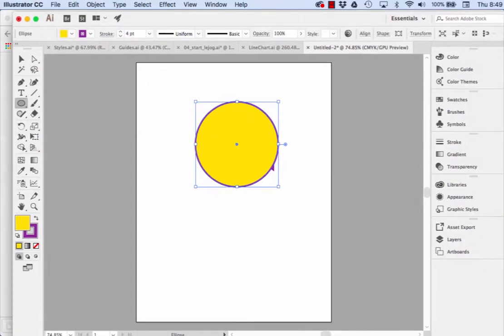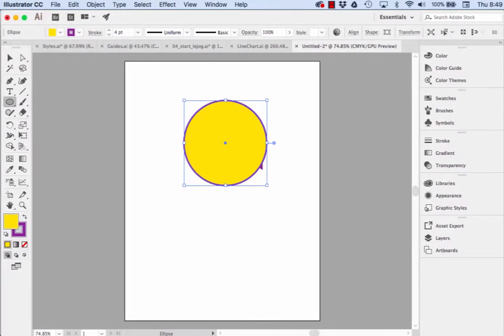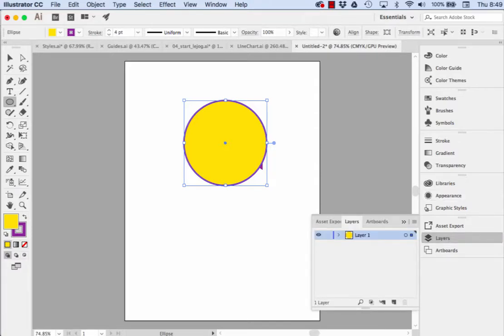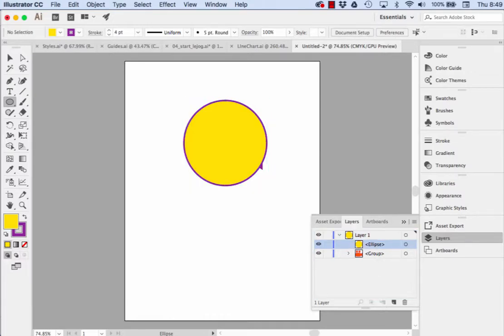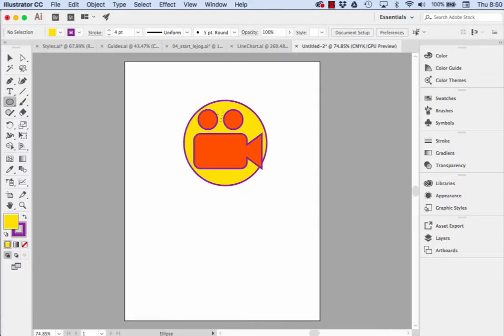Now we can move our window back over. I don't want this on top of my camera, so I'm just going to open up my layers here, and I can see that it is over top in this stack. So I just want to switch the order here. Now that I've done that, I can see that it's a little bit too small. And by holding down the Shift key when I increase the size of the circle, it will remain a perfect